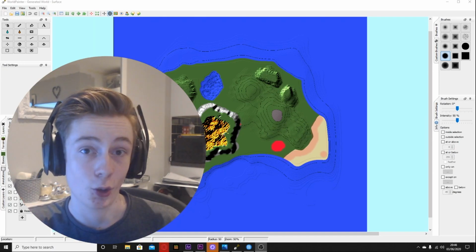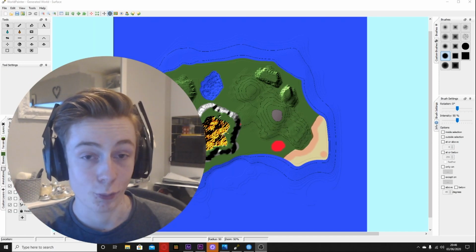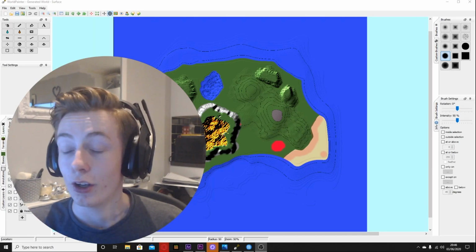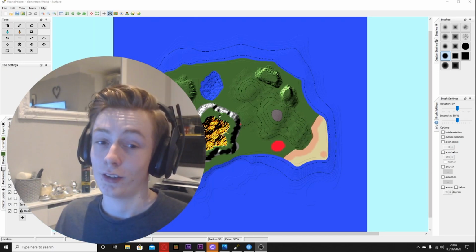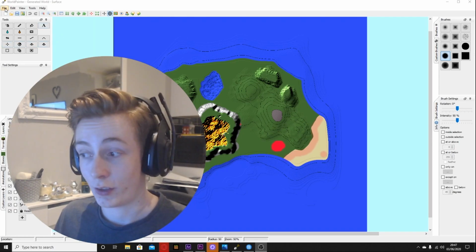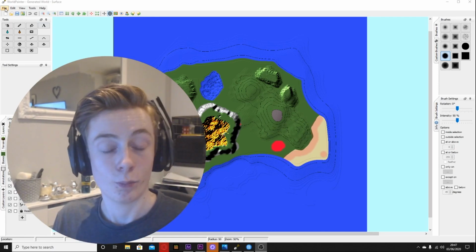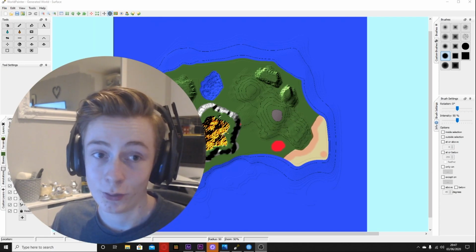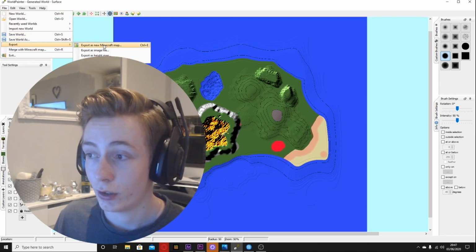Now, obviously, if you don't own Java edition, that instantly is going to spark a problem in your head. Like, oh no, I need to own Java edition to do this tutorial. No, that's not the case. So I'm going to put your mind at ease here, and when you come around to exporting this Minecraft map that you've created, like the one we created in what I recorded yesterday, but I'm now adding this part to the video now. You're going to come up here to File, you're going to click on Export as new Minecraft